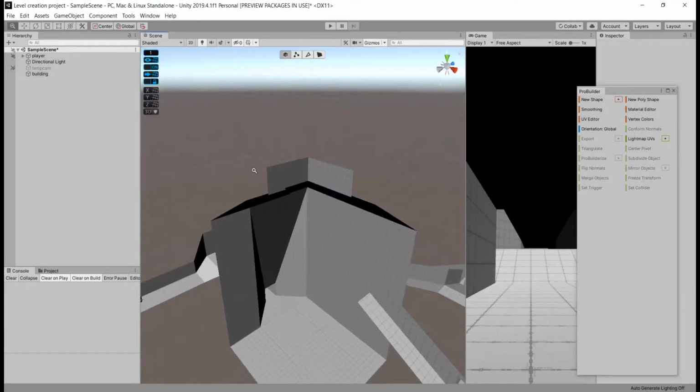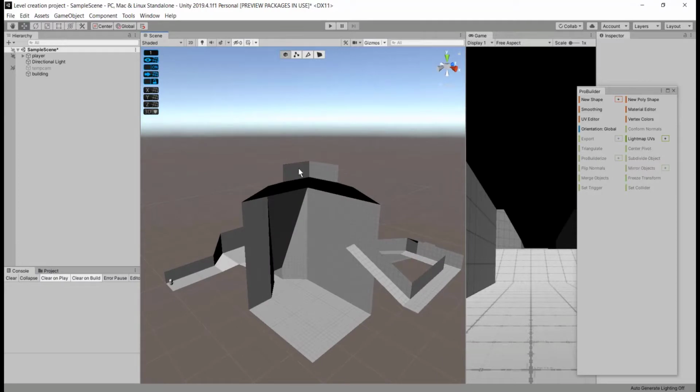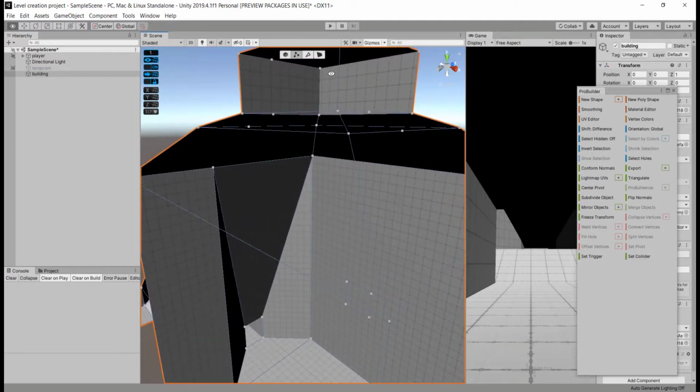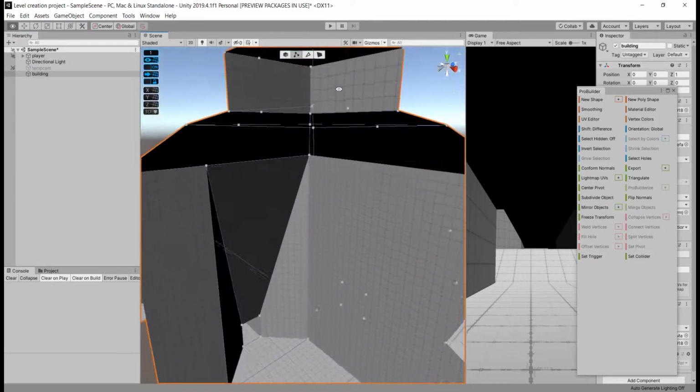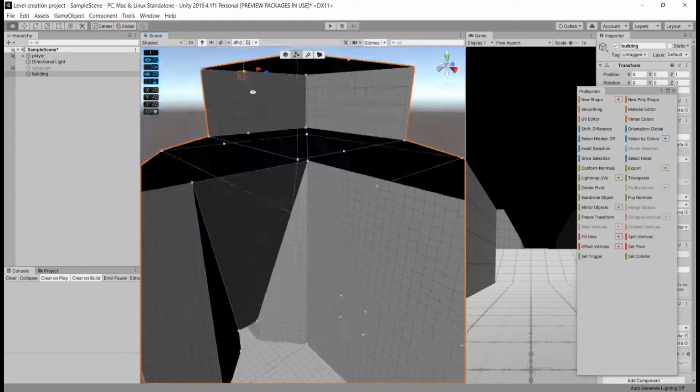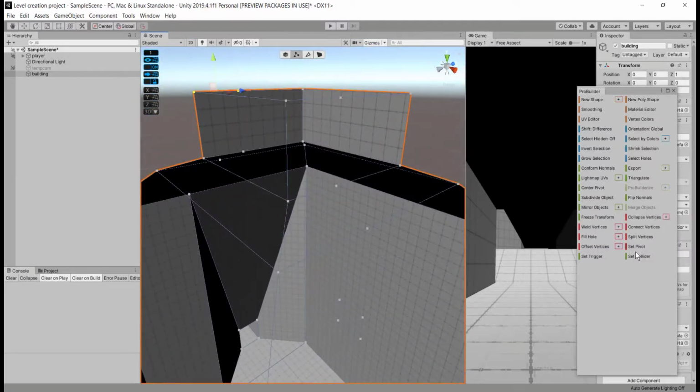Not just additional faces, if you have additional vertices, you can go to vertex selection mode in the top four buttons and select them while pressing Ctrl, and in your Pro Builder window you can collapse these multiple vertices so that they merge into one vertex instead of having so many vertices.